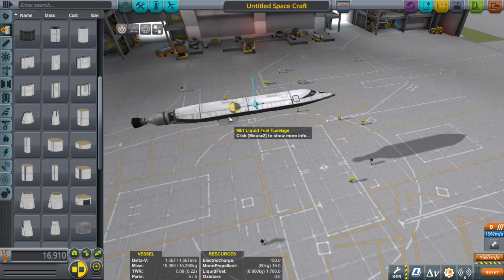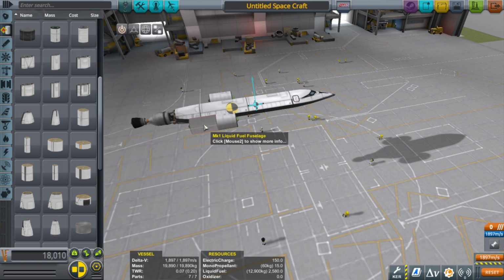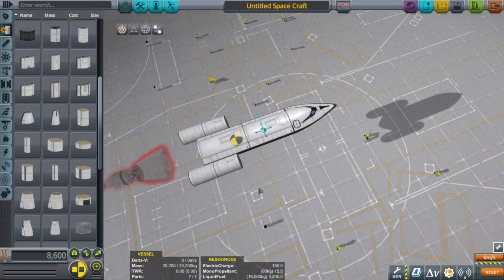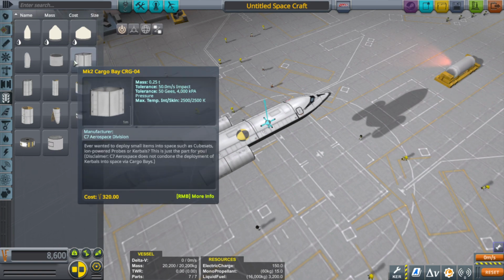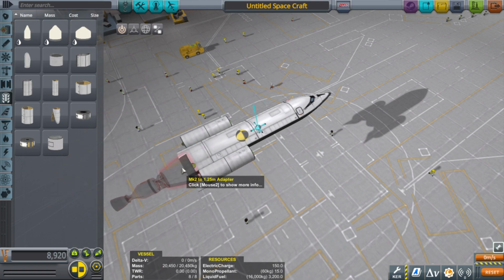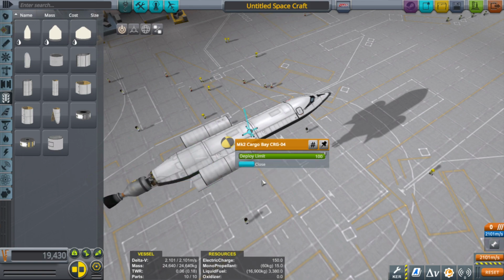Now, I'm going to slap a Mark I liquid fuel, another Mark I liquid fuel. Now that, my friends, is likely rather overkill, but I don't care. Now I'm going to add a cargo door. Normally you wouldn't do this, but I'm going to slap it upside down because then I can drop stuff out of it. You can take a payload somewhere, say, I don't know, LKO, low Kerbin orbit, or maybe somewhere